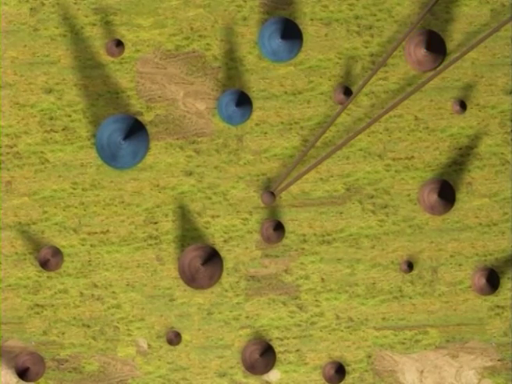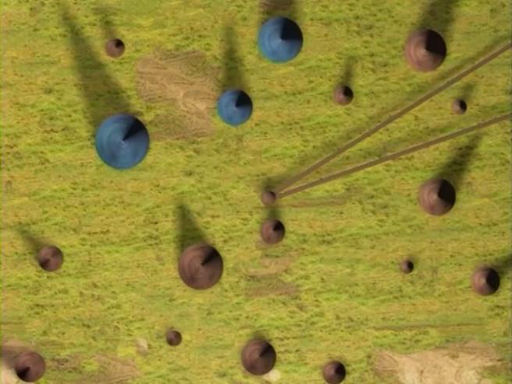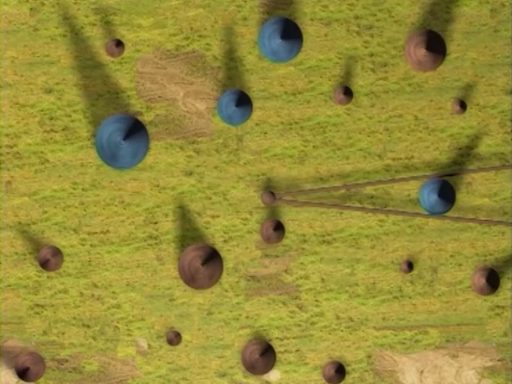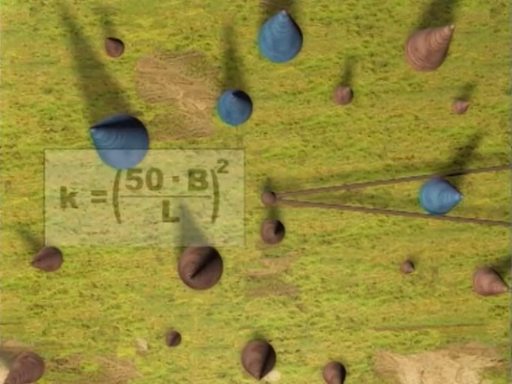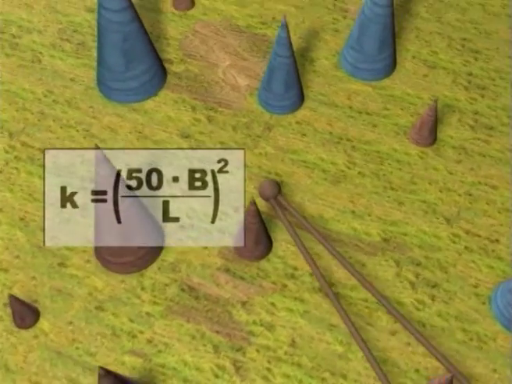The sampling concept depends on a simple geometric law of proportionality. The ratio of the area of a circle of diameter BHD bears a constant relationship to the area of ground the circle traces out if rotated about the observation point at radius r. Thus, each tree counted relates to a specific circular area of ground, the basal area, related solely to the viewing angle as defined by dimensions b and L.